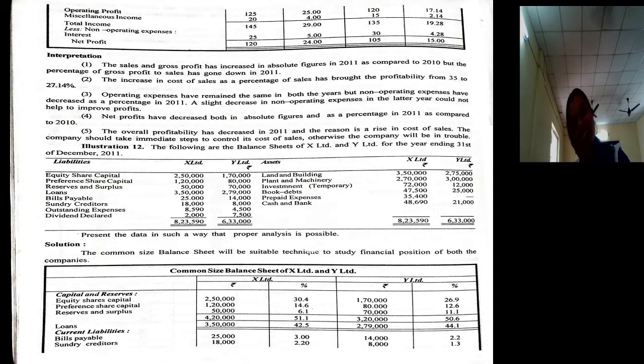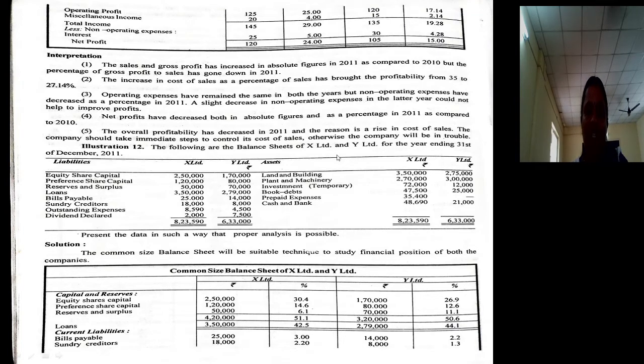Such a few sentences you can also write in your own words when they ask us to interpret. So whether they ask or not, it is better to give interpretation. Whether you go for preparing a comparative statement or trend percentages or a common size statement, give some interpretation. Try to understand. I have already explained the guidelines for giving interpretation for income statement and guidelines for giving interpretation for balance sheet. We'll see illustration 12.